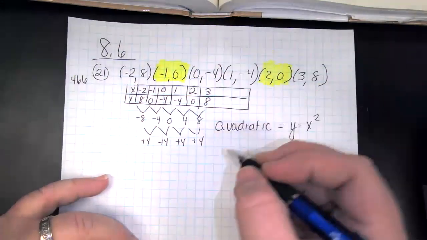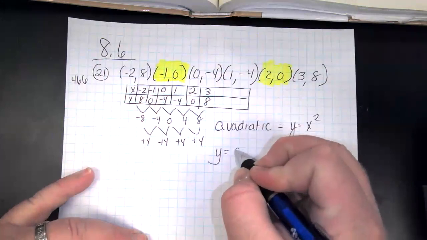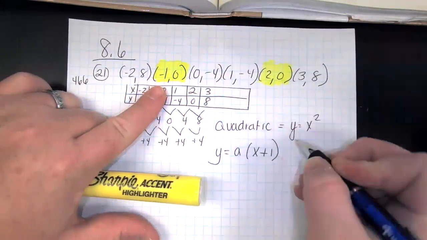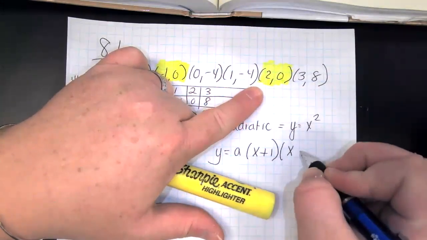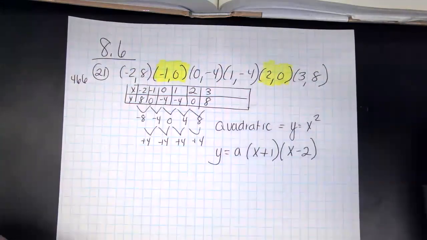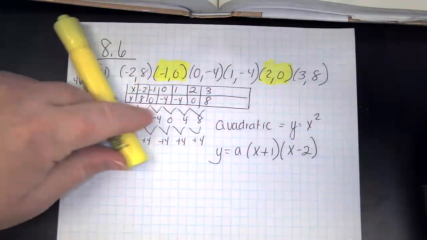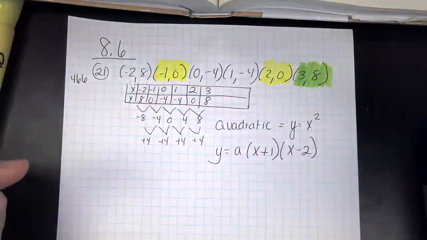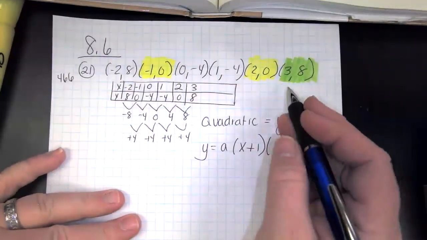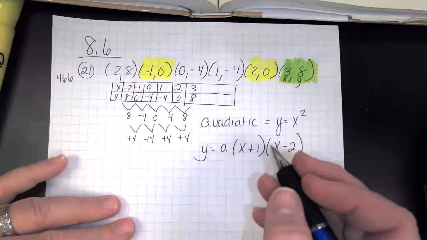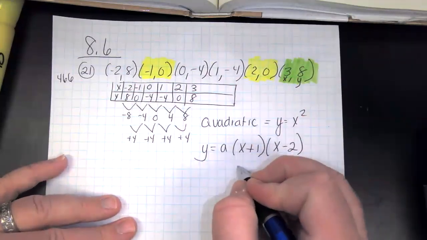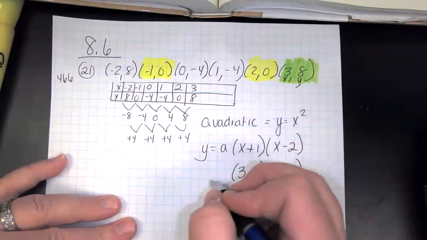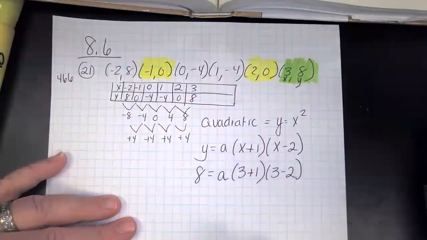Okay. So I'm going to start with my equation. So how do I write a -1? So this would be x plus 1. And this would be x minus 2. Okay. And then all I need is another point to use. You know what? I'm going to use 3, 8, just because I like that it's positive. So I'm going to put in the x value, 3 in for x, and I'm going to put the 8 in for y, and I'm going to solve for